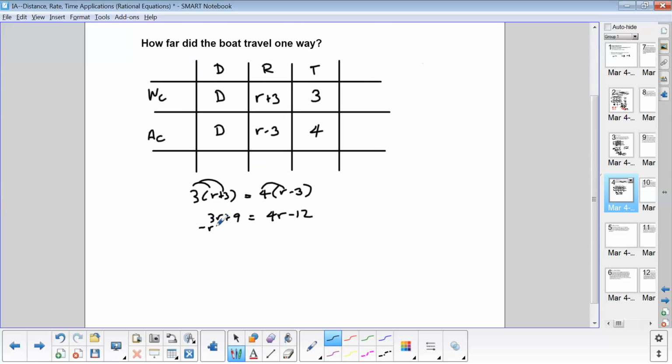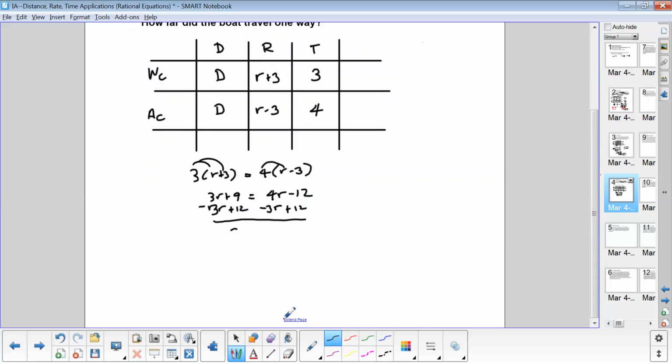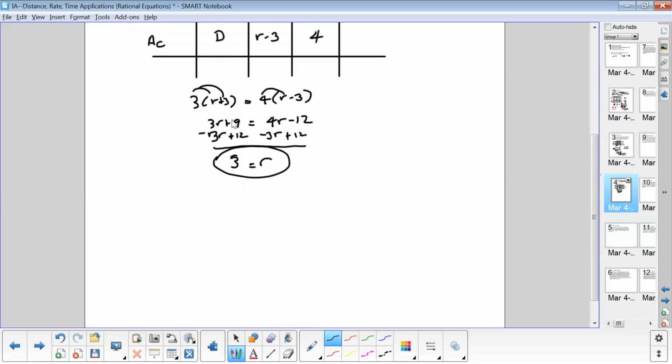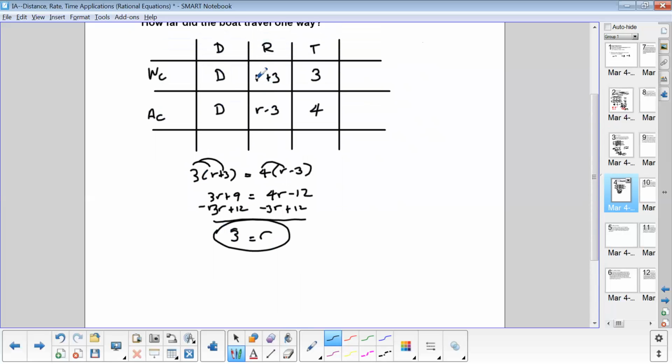And if I subtract 3R, and I add 12, then I'm going to get 3 as my rate. So if I go back and substitute in, I get